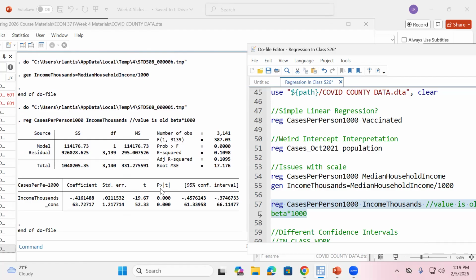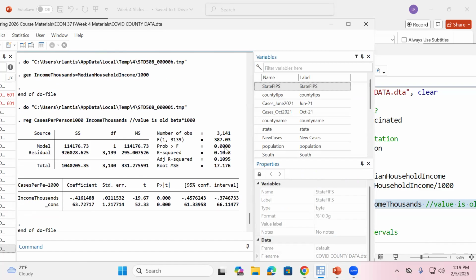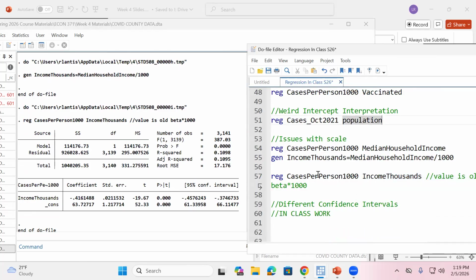R squared is a unitless measure, right? That total variation that we're explaining is in dollars or thousands of dollars. The total variation that actually exists is in dollars or so. So if I divide a dollar by a dollar or $1,000 by 1,000, my units are going to get canceled out. So hopefully I'm not lying to you. What's happened to the R squared? Stayed exactly the same, right? So it doesn't matter when we scale these variables. Nothing's going to change about our rejection decisions or that R squared value.